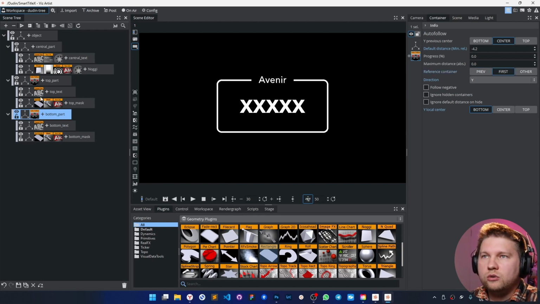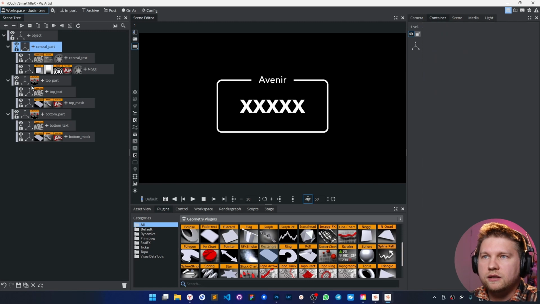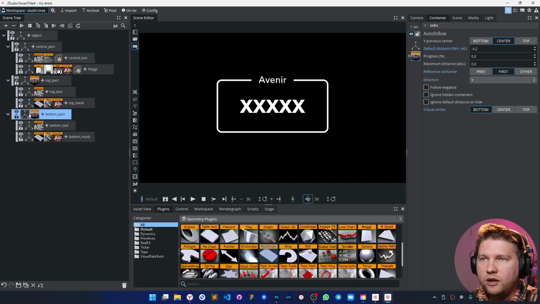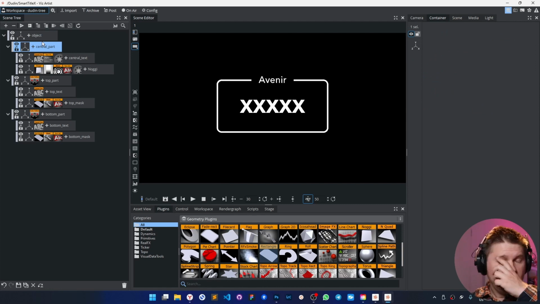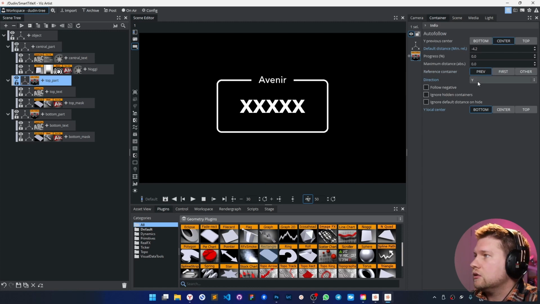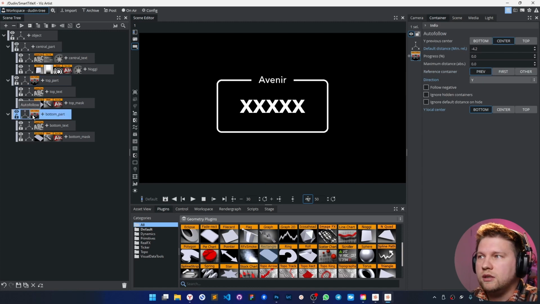We are going to go to the first sibling in this level of the nesting of this scene tree. So from this we go to the parent container and get the first child of this parent container. Okay, actually for this we can also use this, but even for that, that's fine. The last thing we have to do here for the bottom part, just invert it, make it follow negative.